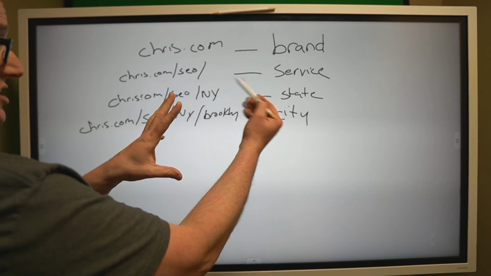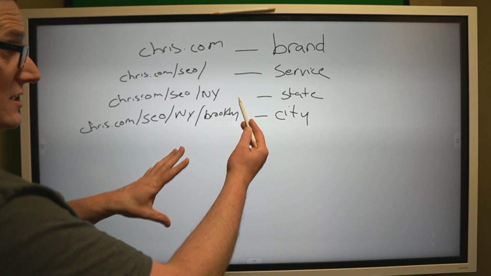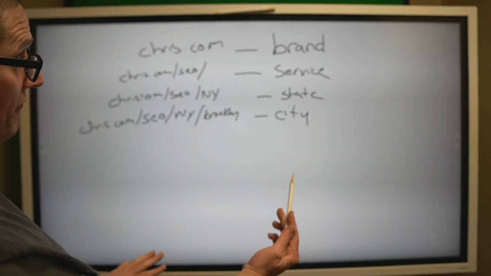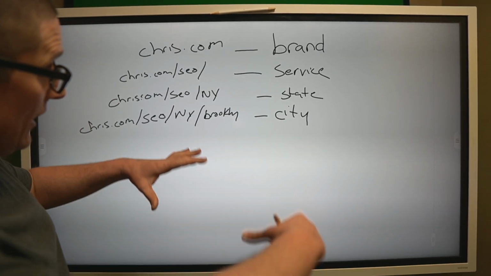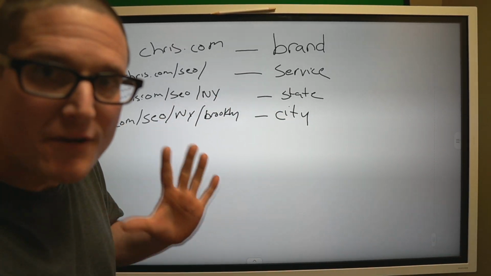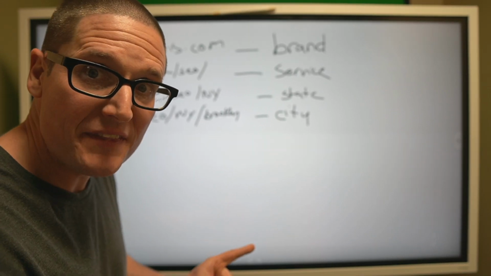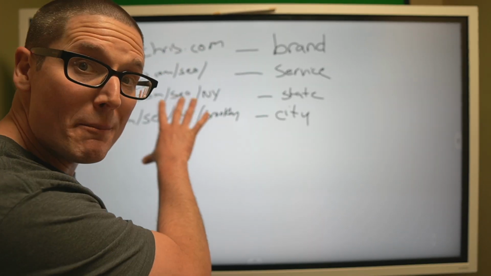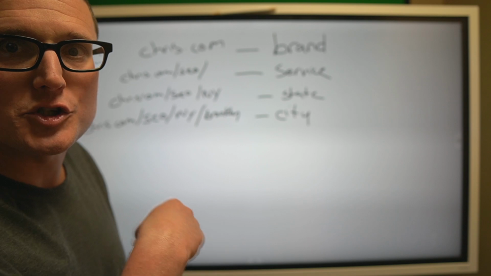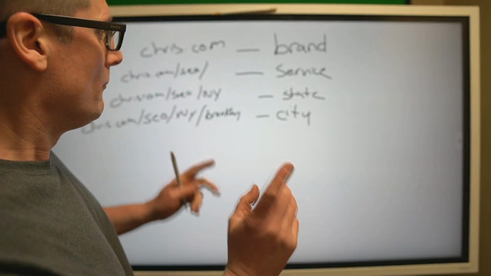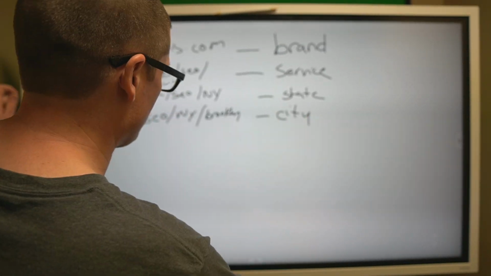Now, if we add more states and we add more cities, we get hyper specific as we go, right? Like we are becoming an authority very quickly. And the best part about this is the majority of the pages are transactional based or commercial based, right? But we can get more into that. Bear with me. Let's talk about